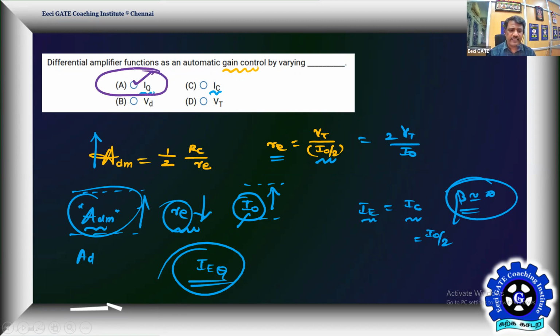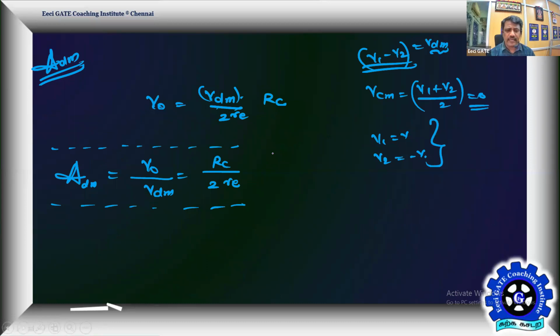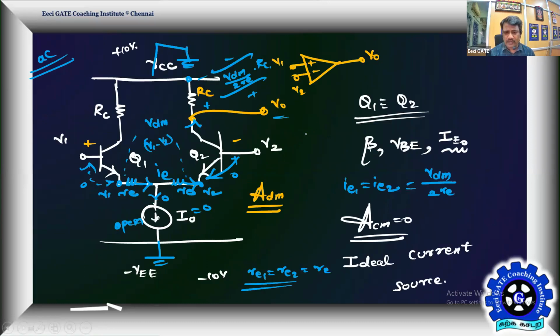It has to be very specific to the emitter current, i.e. IEQ of both the transistors. Or simply he might have mentioned this I naught as IQ probably. I don't feel it's a printing mistake. It may be intentional. So it is given as IQ. If you take that as a biasing current, the current source biasing for the difference amplifier, it's possible to control the difference mode gain ADM by controlling I naught. That's a fundamental. So increase I naught, you can increase the ADM. That's what it means.